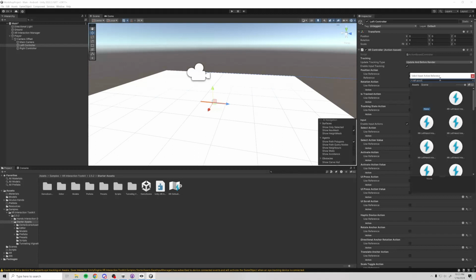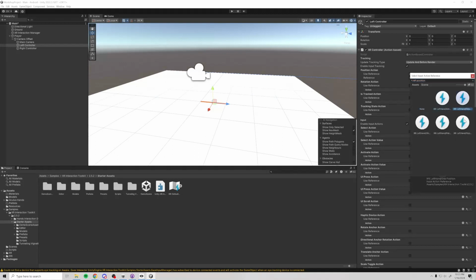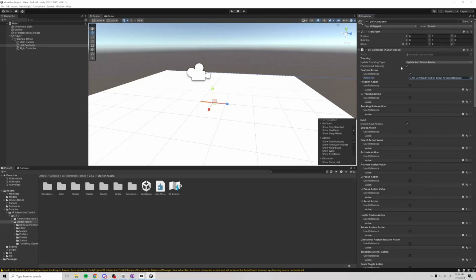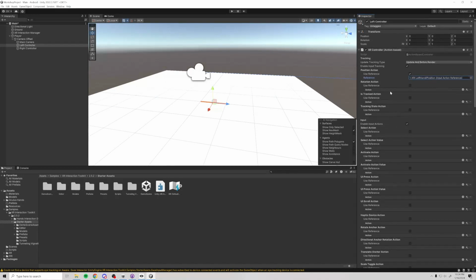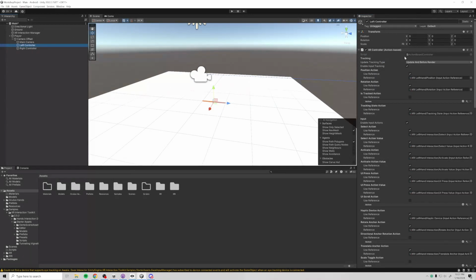Left position. And I'm going to spell everything wrong. And you'll go to left-hand position, and this one. And you'll do this for the rest of them. There's a rotation action, a tracked action, tracking state, select action, all this jazz. So we're going to cut, and I'll come back when I have all these filled out, for both the right and the left. Now that I've put in all my actions for my left and my right controller,